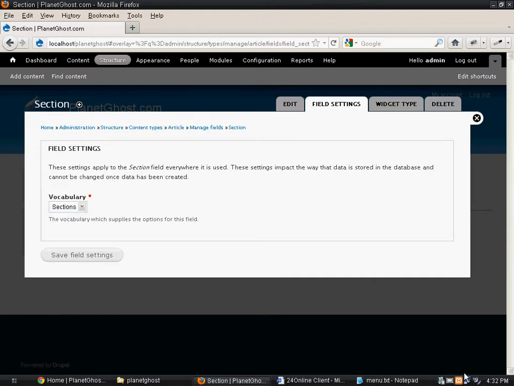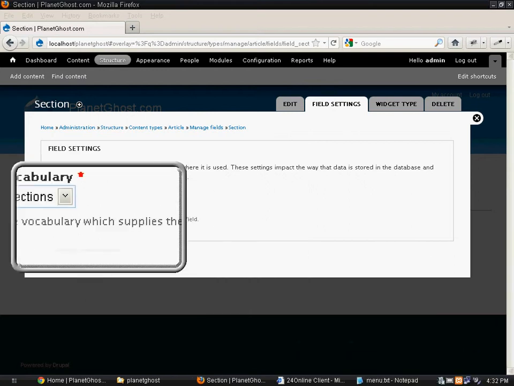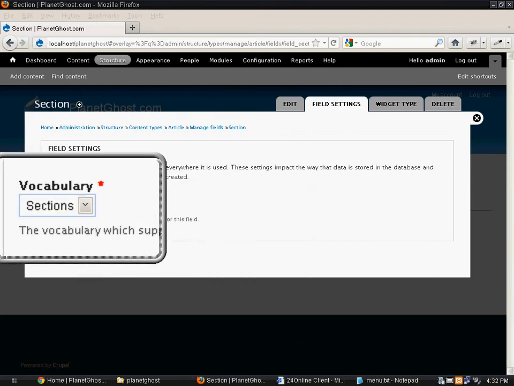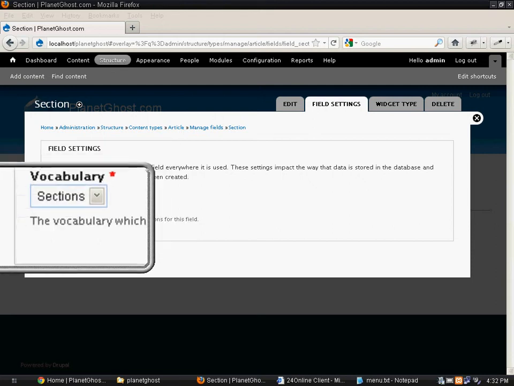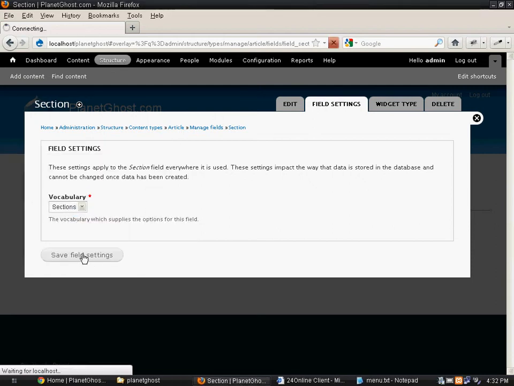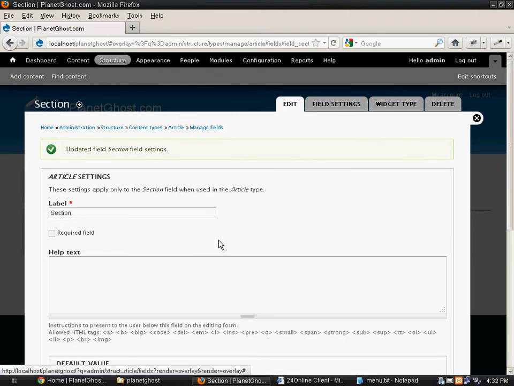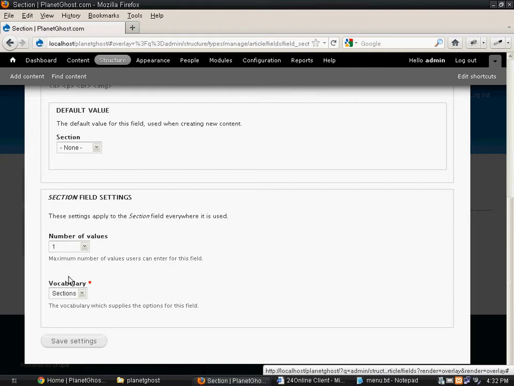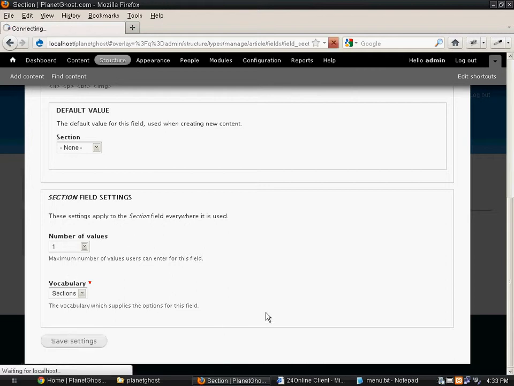Now you will get a drop down here with vocabulary, sections, click on save. The number of values you want to see would be only 1. Click on save again.